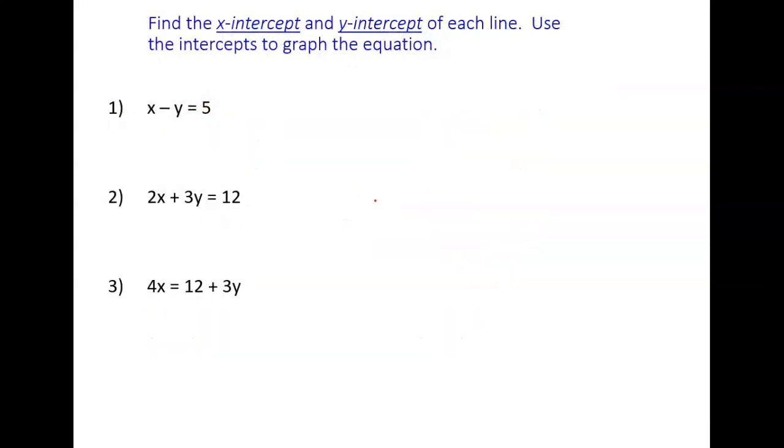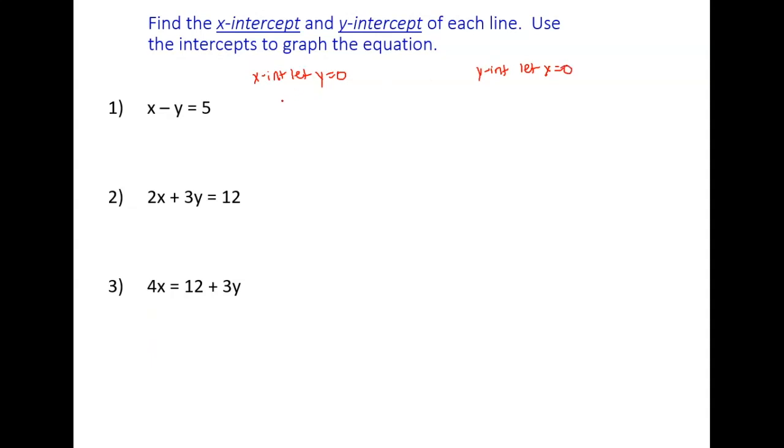That's a rough sketch. Okay, so for this one, I wanted to just quickly practice finding the x and y intercept for each of the equations. So these look different than what we're used to, right? So this is x minus y, so it's not y equals 5 plus x or anything like that, right? But that's okay. So for my x-intercept, I let y equal 0, and for my y-intercept, I let x equal